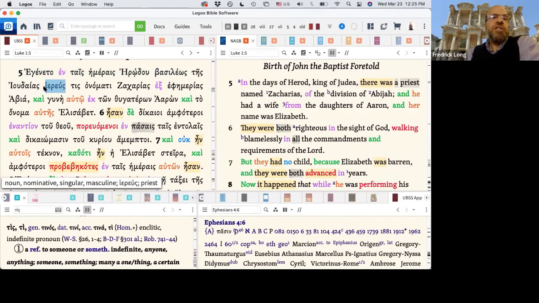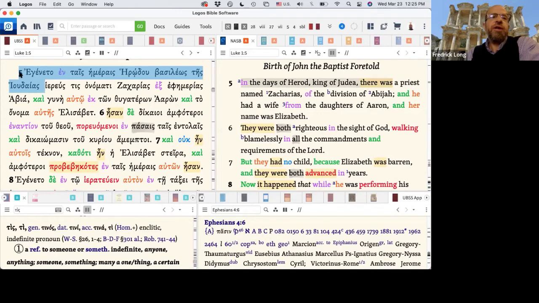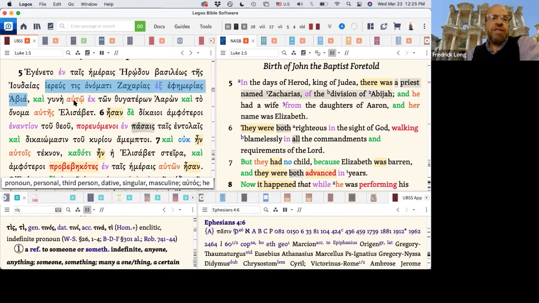that there was, and the reason I want to put a that there is we'll see that Luke will use infinitives here as a way that he'll sometimes work with the egeneto, that something happened, that something occurred. Now, what occurred is that there was a priest by the name of Zacharias from the tribe of Abijah, and the wife to him was from the daughters of Aaron, and her name was Elizabeth.